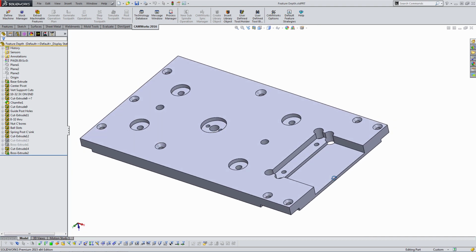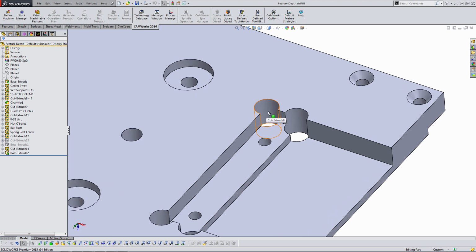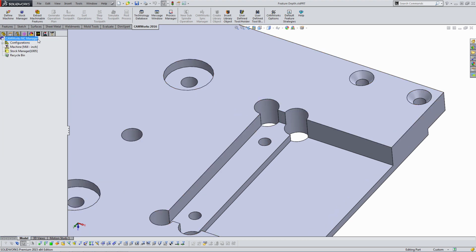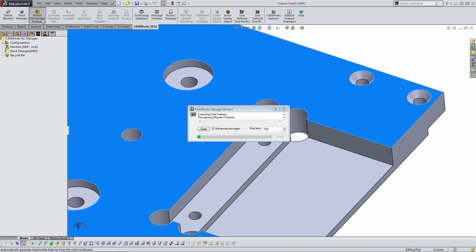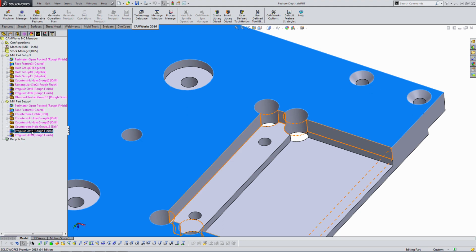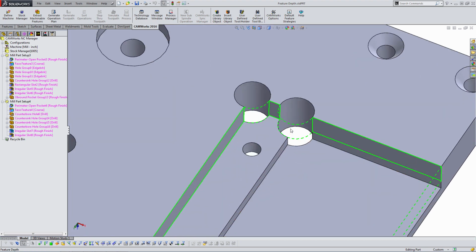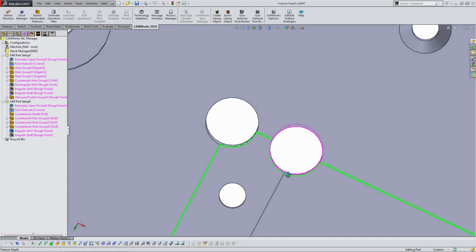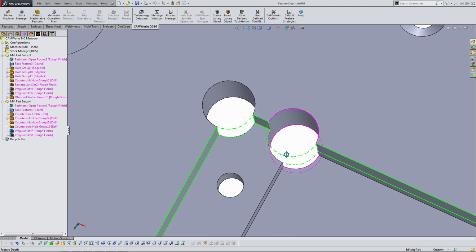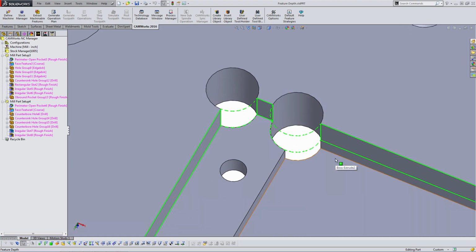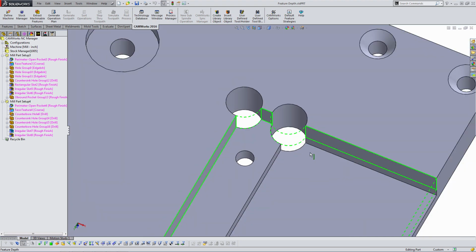Let's take a look at this scenario here, where this sort of interaction between two features where they overlap historically has been an issue. So if I run the automatic feature recognition on this part, we'll see where the problem arises. As I highlight these slots, notice how they are the true form of the feature. And that's not really how we would want to cut this slot, because when we go to put toolpath on this part,